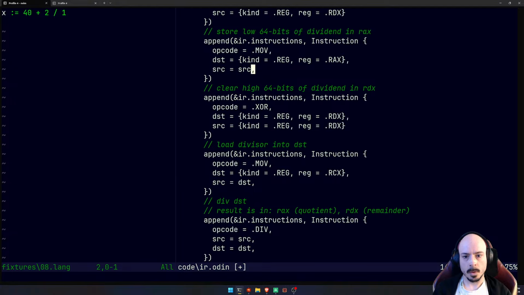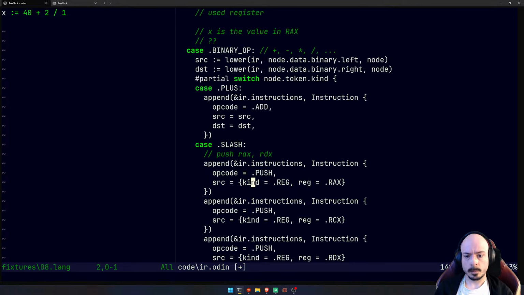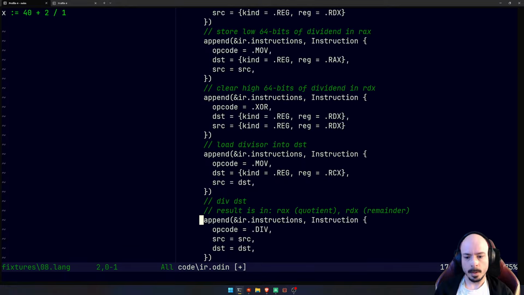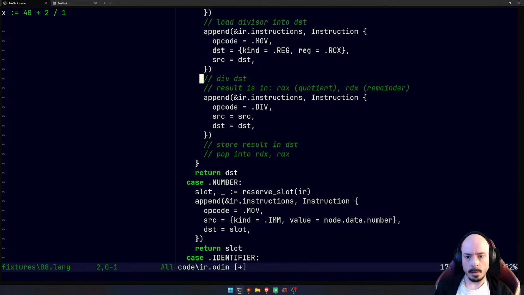So I've moved the source into here, destination to here. Yeah, I think that's right. Maybe I shouldn't have called them source and dest. I should call them left and right or something. Anyway, okay. Now we can do the divide